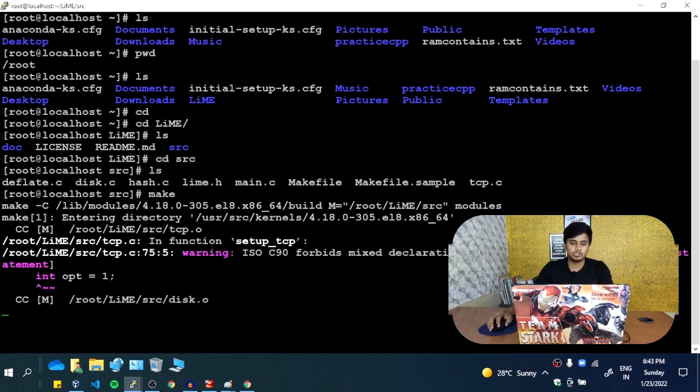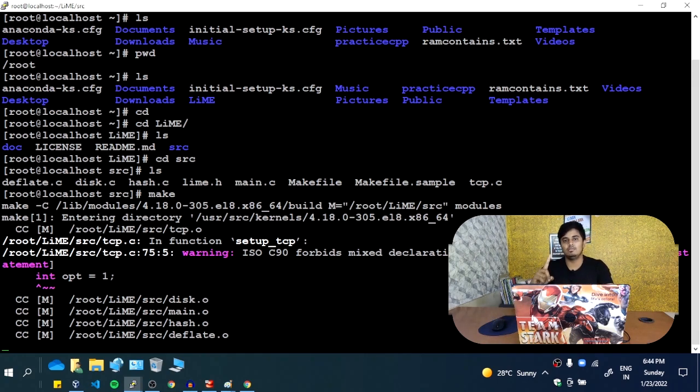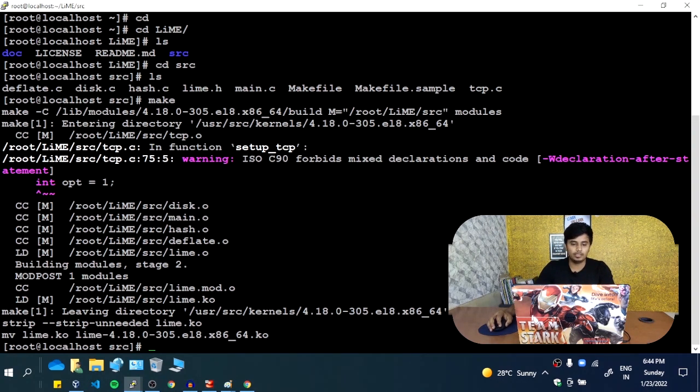It is basically like a compiler, as well as it has some extra capabilities. So it is getting installed. You can see here whatever the disk.c file was there, it got converted into a disk.o file, which is the object file, which is a binary file of the C. Whatever the main.c file was there, it got converted into its binary file. Then ultimately all these binary files will get merged into one single file. Successfully it has been bundled.